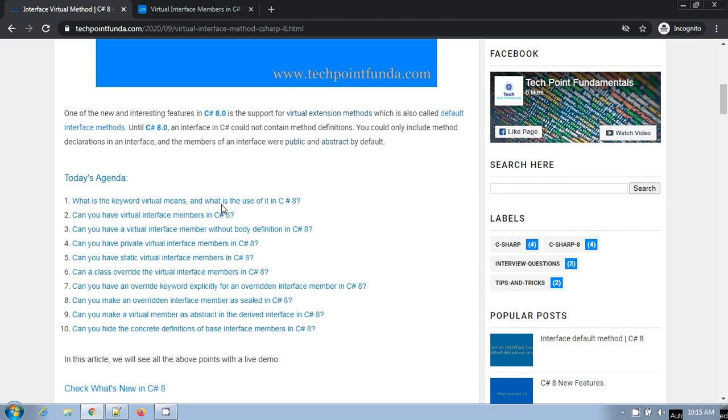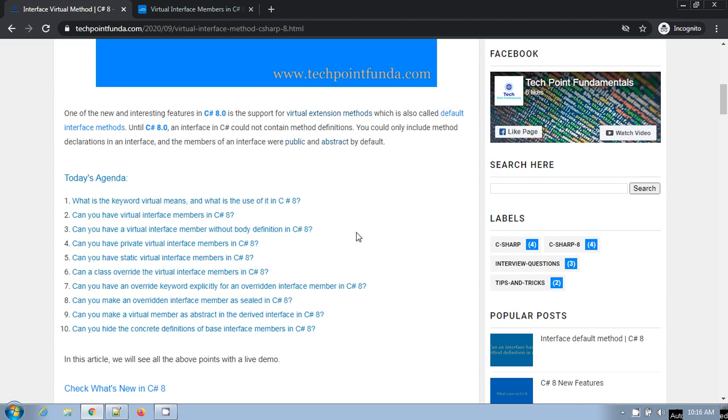What does the keyword virtual mean, and what is the use of the virtual keyword in C Sharp 8? Basically, virtual means when you declare any method, property or indexer as virtual, it means the definition of this method or property may be changed in the derived entity, whether it is a class or interface.